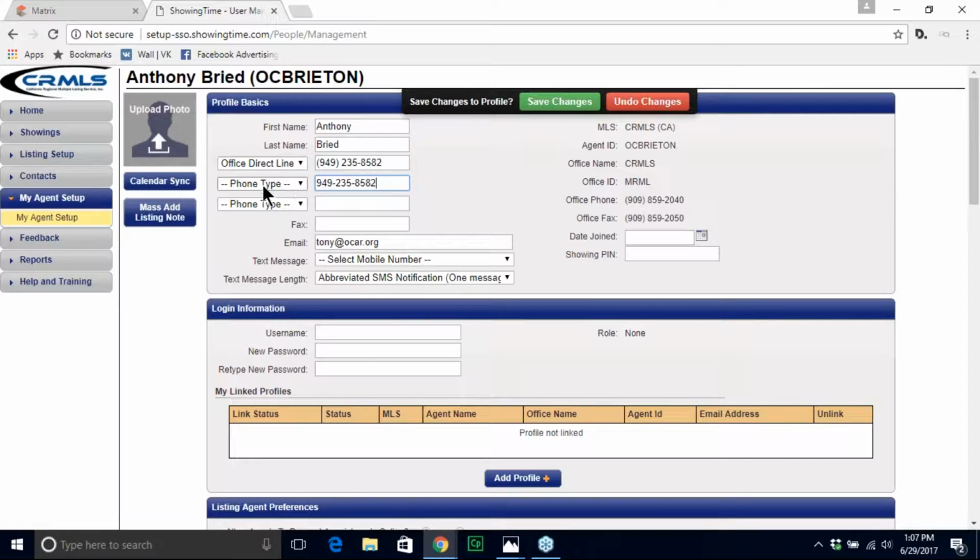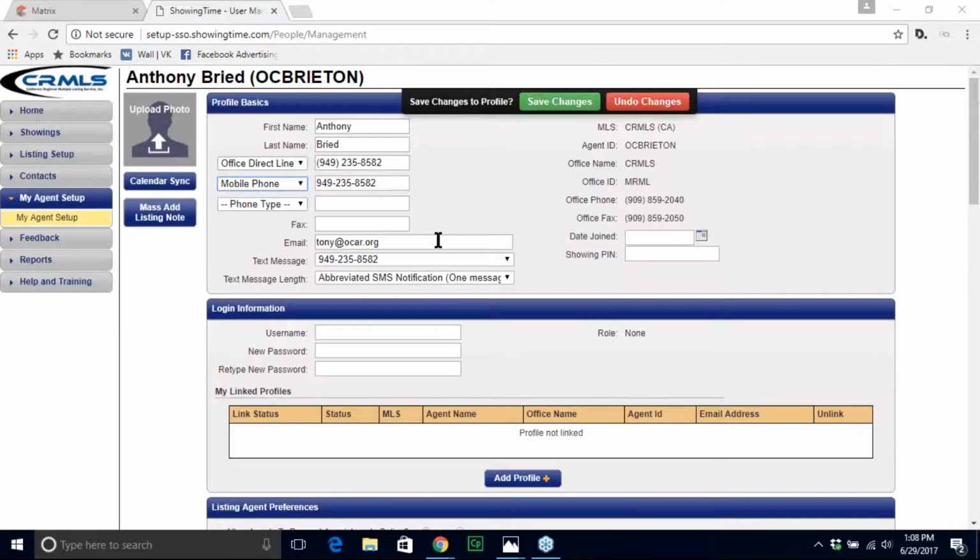here when I type in a phone number, I need to select the phone type. Now, the phone type is important because in your profile, you have a choice that says text message option. In this text message option, if you have no mobile phone number selected as the phone type, this will not allow you to choose your mobile phone number. So make sure that you select your phone type as mobile phone, and now under the text message, your mobile phone number will be filled in automatically for you. Now, what this allows you to do, as we come down below, is to have a third option